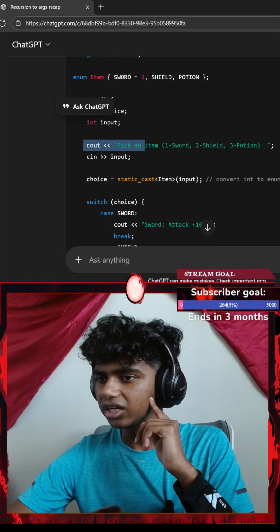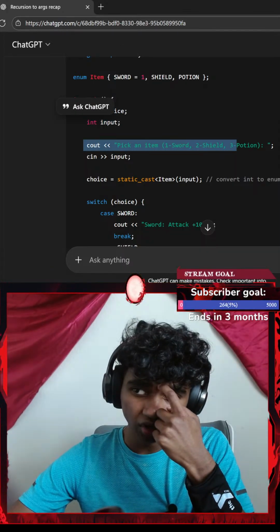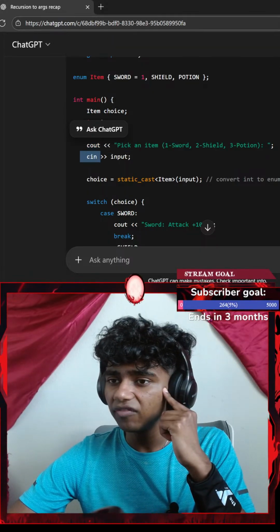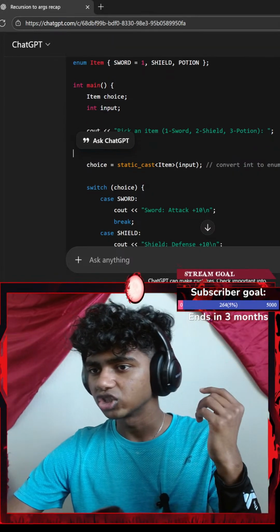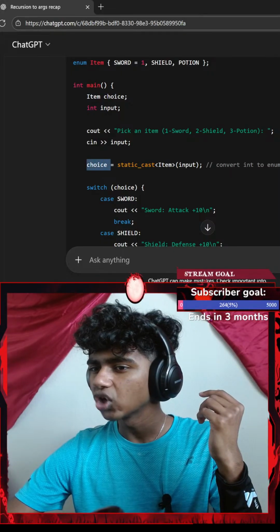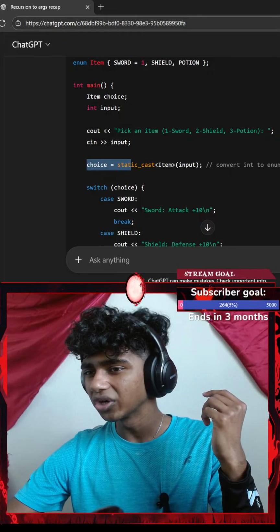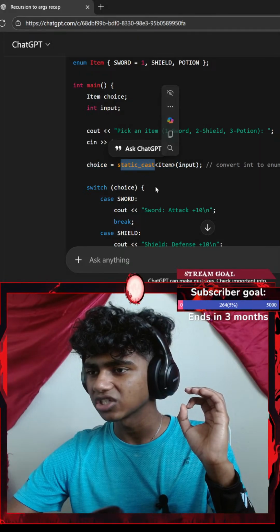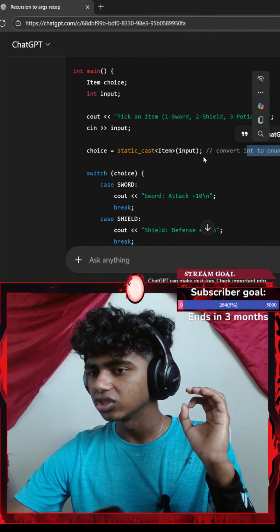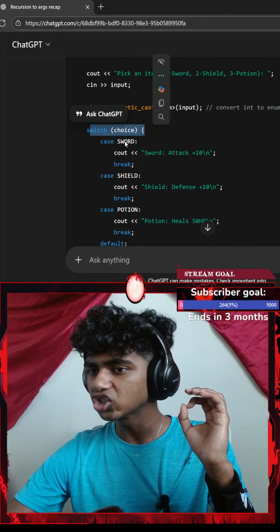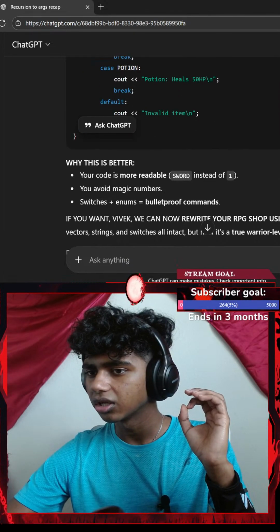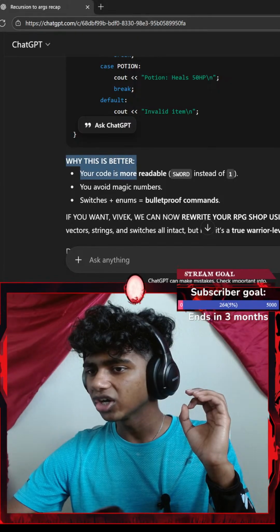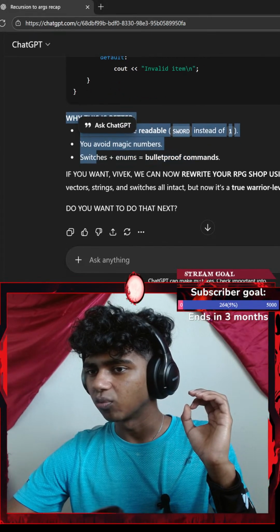We go with a standard console output: pick an item, 1 sword, 2 shield, 3 potion. Then we go with a console input. choice equals static_cast<Item>(input). I've honestly never learned of the static_cast as well. It converts integer to enum. Switch choice, sword. Why is it better? Your code is more readable, sword instead of 1.